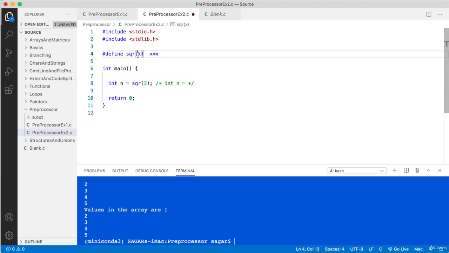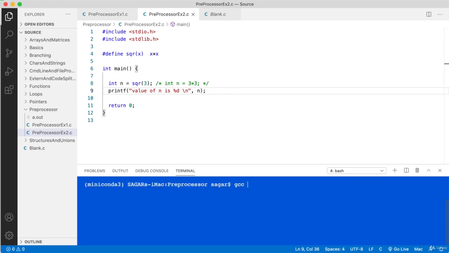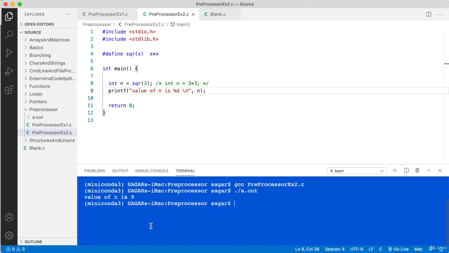For x we have given 3, so it replaces this call with 3 times 3. This is how a macro is expanded. If you look at printf, value of n is %d, comma n, you should see 9. So the value of n is 9, which is correct.